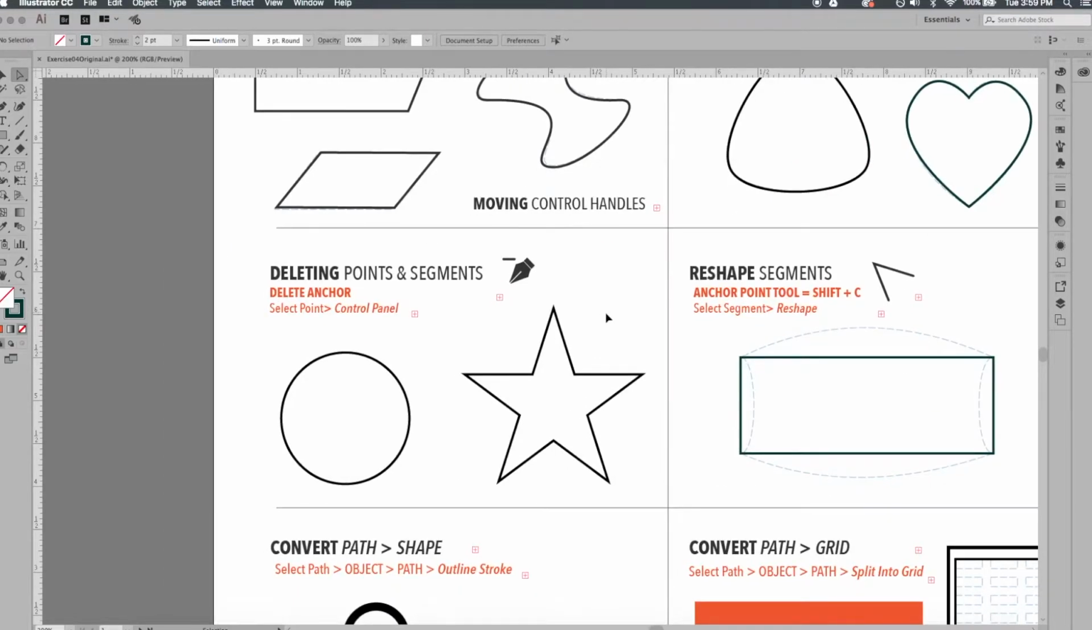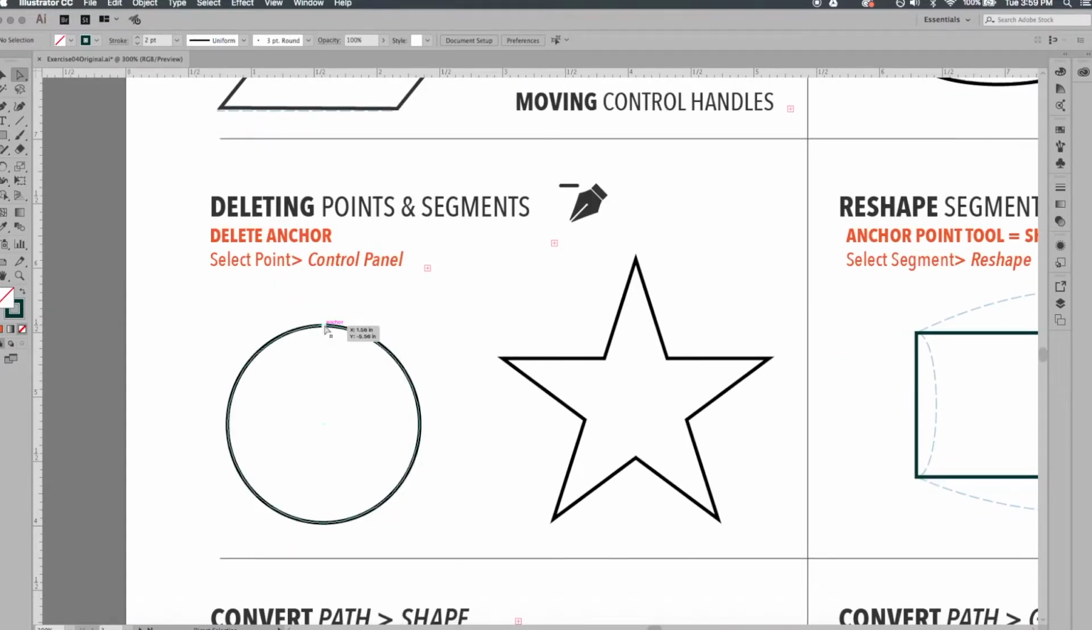Let's play around with deleting points and segments. So when I select a point and hit the delete key, you can see that when I deleted that point, it also deleted the segments that were connected to that point. What if I want to delete a point but keep the segments? I'll go ahead and do Command Z, and I'll select that point again, and instead of hitting the delete key,